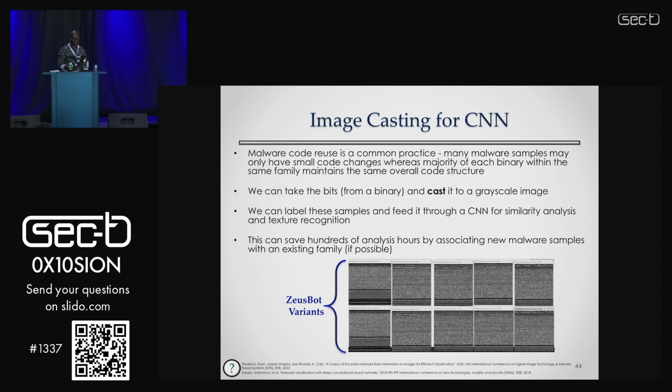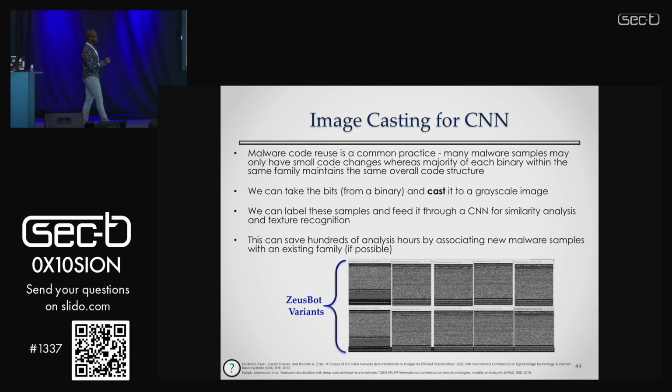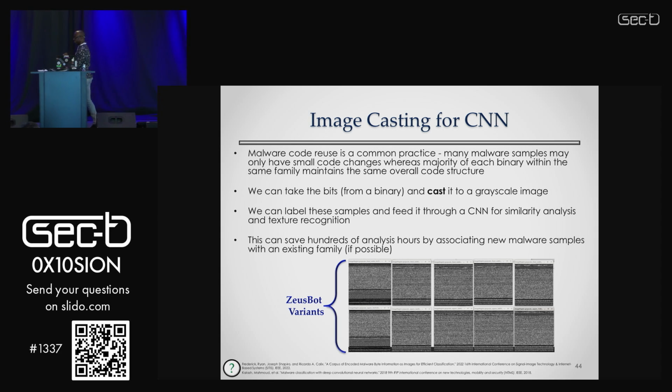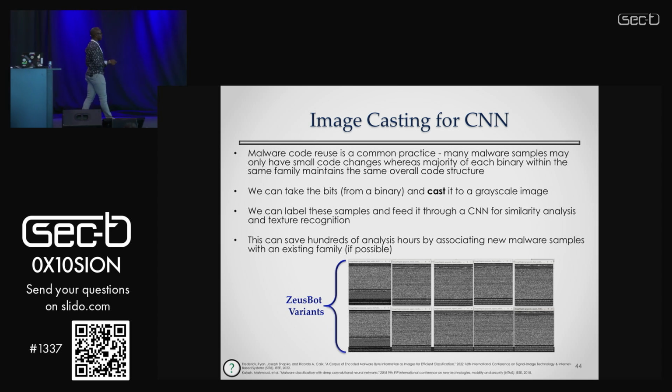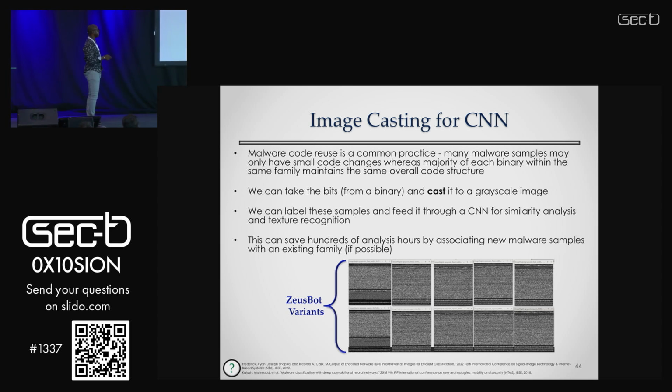So how do we apply this to malware? All right, so it's right here. I still find this very fascinating. We can take a binary, a malware sample, a Zeus bot, Dooku, Flame, etc. We can take that same executable and cast it to an image. So the bits that represent the binary, I can now use to create a grayscale image. And so this is what we have, 1, 2, 3, 4, 5. These are 5 unique variants that belong to the Zeus bot family.